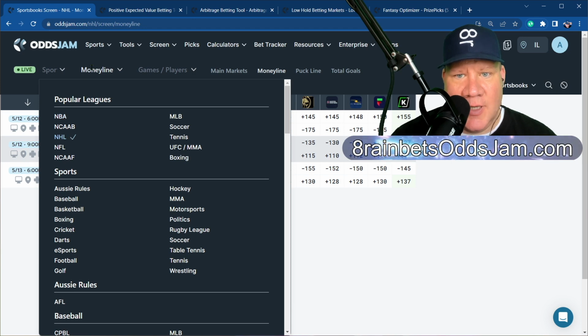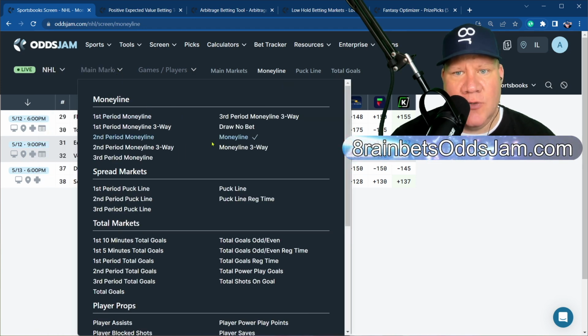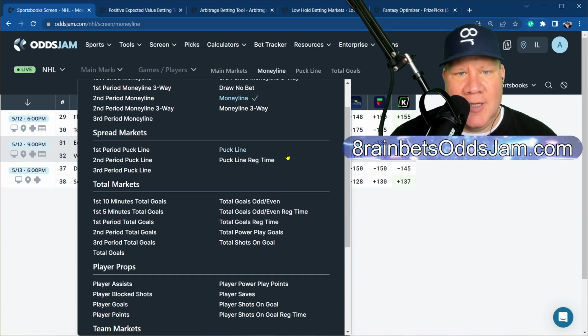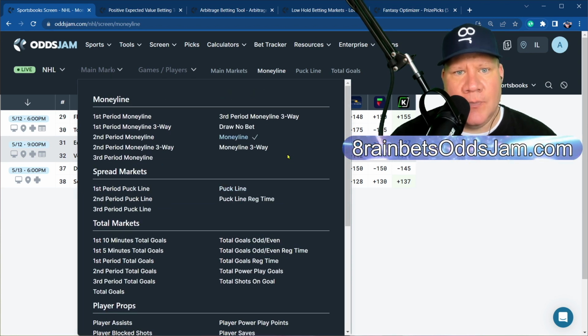So in this case, we're looking at popular leagues, we're looking at hockey. We're going to go into the kinds of markets that hockey has. And I have videos on other sports: basketball, baseball and soccer, and we've learned about those kinds of sports bets. You're going to see a lot of parallels between them all.